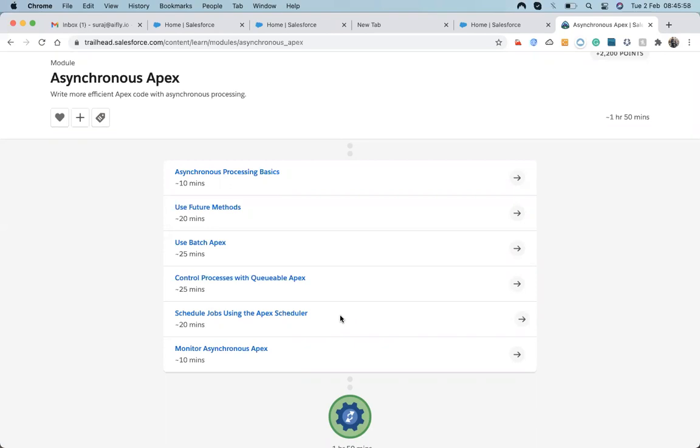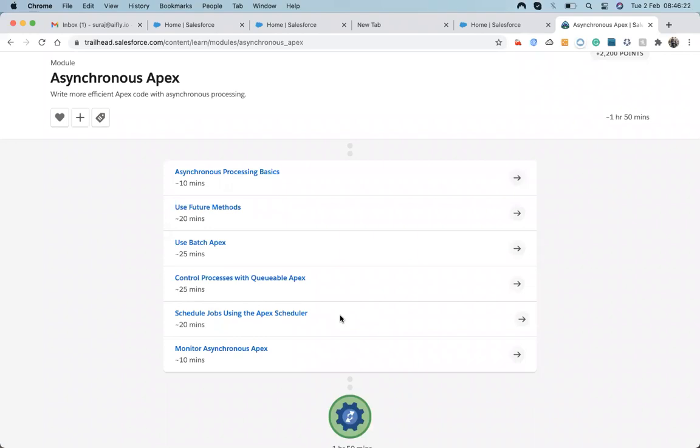I will take the help of a scheduler that schedules that batch to run every day. Whenever I need to run any Apex code in a scheduled way, I take the help of the Apex scheduler.